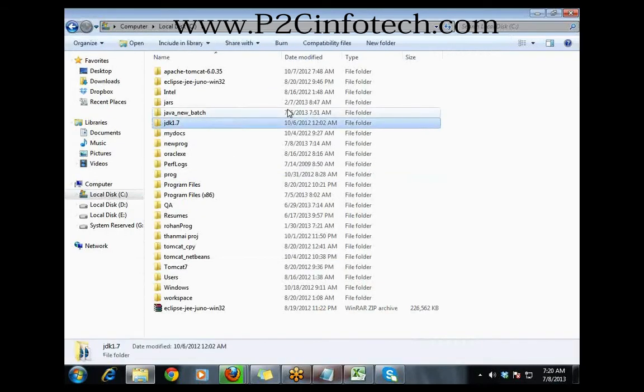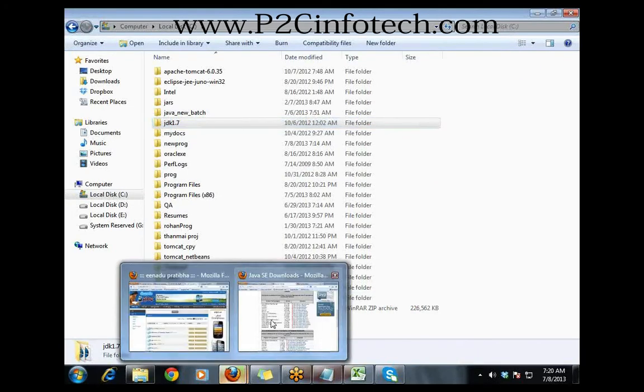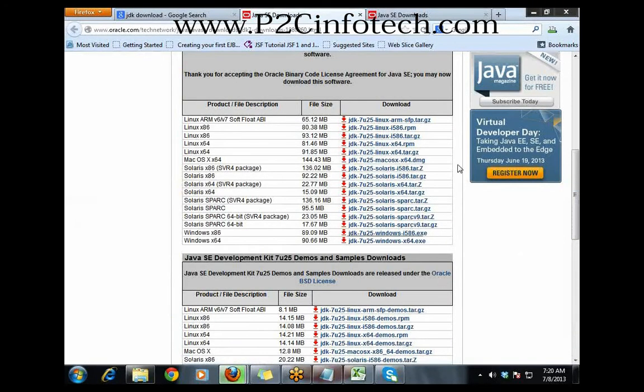As JDK 1.7 is already installed in my machine, I'll take some other's machine remotely and try to install it there. Probably, Sanju, do you have TeamViewer installed in your machine? Yes. Okay, and you have Windows 7? Yeah. Can you please download this one into your machine? I watched some video that I installed the Windows. Okay, you have installed. Yeah. Okay, is anyone having Windows 7 and TeamViewer installed? Monica, in your machine is TeamViewer installed?